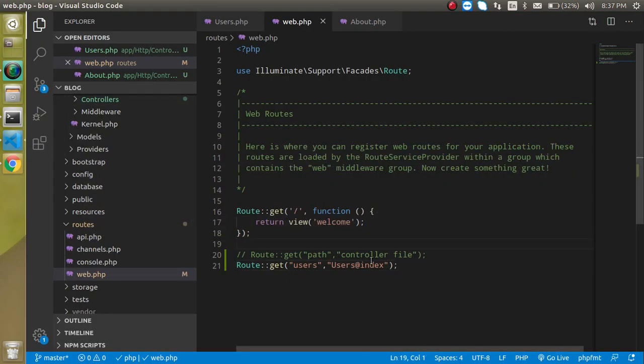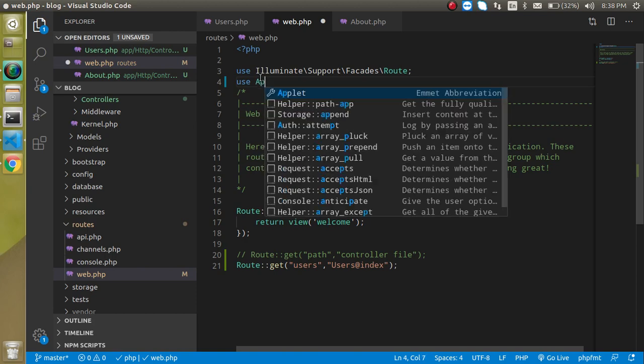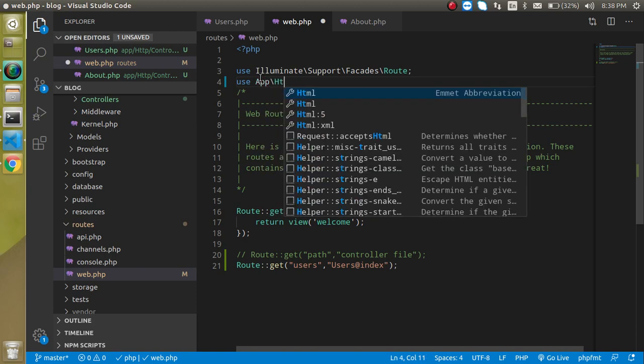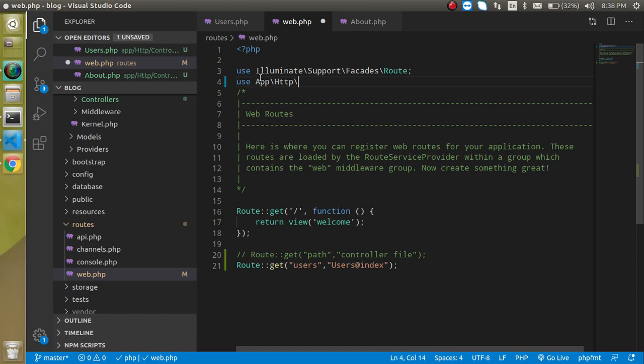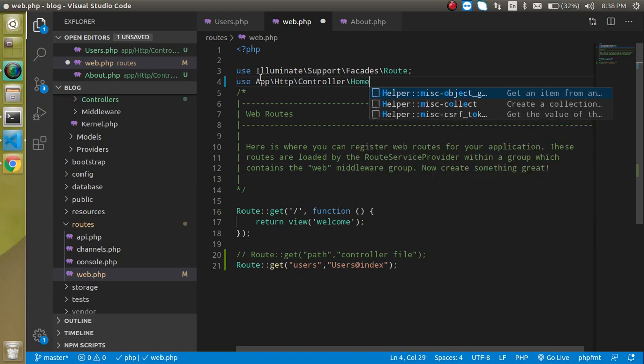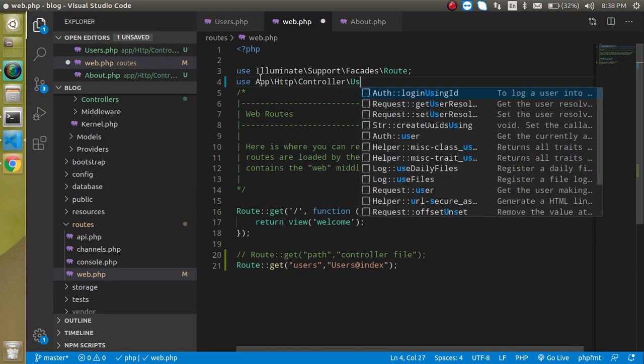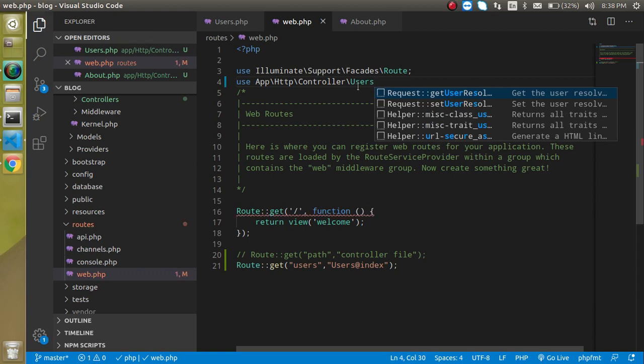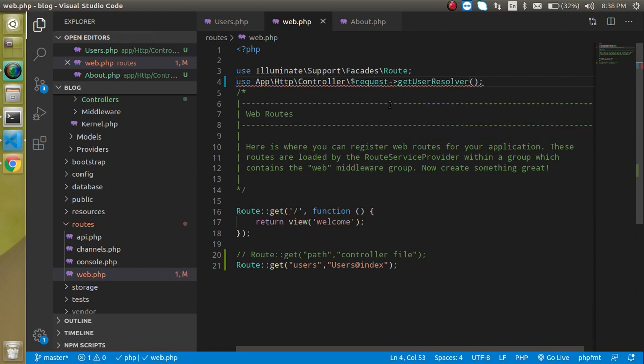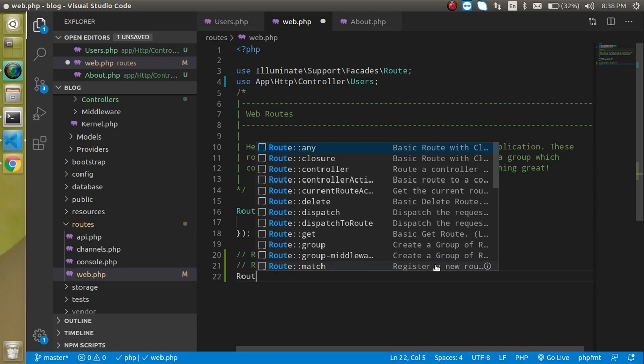So now, first of all, you have to import the controller like this. Use App\Http\Controllers, and then write our controller name, which is users, and put a semicolon at the end. Comment this old way, and write the new way.